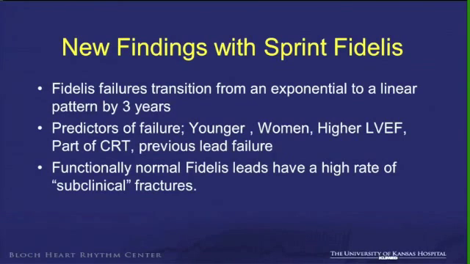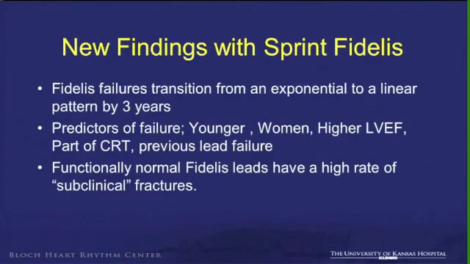And there are other predictors, so again, retrospective studies or observational studies, with whatever limitations. But younger people were having more fractures. Women had a higher fracture rate. People who had a better ejection fraction had a higher fracture rate. If it's a part of the CRT, that had a higher fracture rate. If there was a known previous lead failure, those patients had a higher fracture rate. I didn't include, but people who underwent a generator change had a higher fracture rate independent of the age of the lead. So these are in line with the expected lead fractures in other leads. It's just that we don't have enough numbers to prove statistical significance, but the other leads also had a similar trend that younger people always have higher fracture rates.